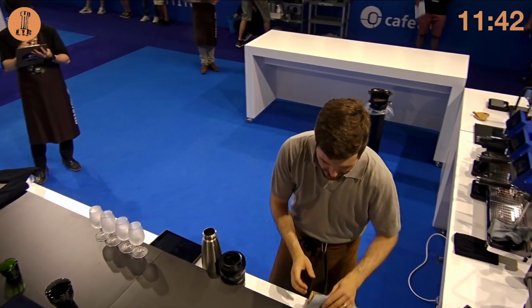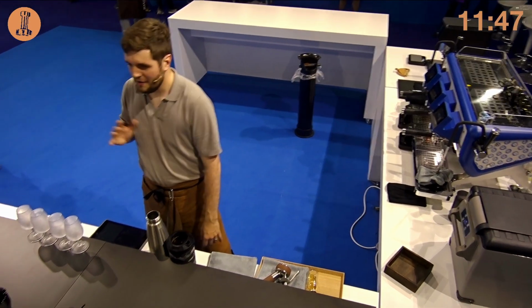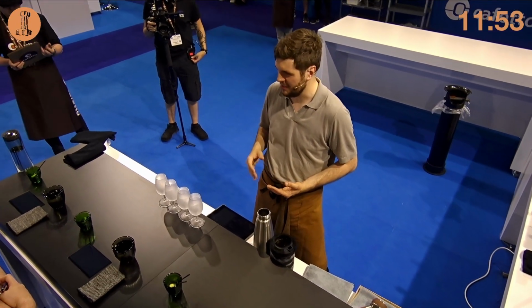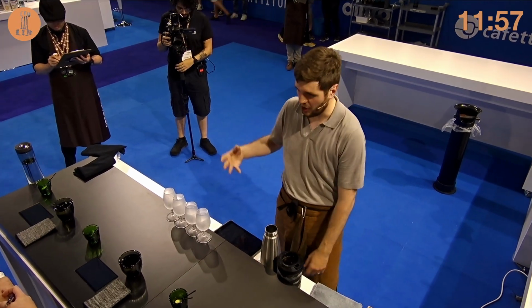So if we draw our notes to close, and then we'll move on to signature drink. So judges, for my signature drink, I wanted to use technology to help me be a little bit more creative. So I collaborated with an AI-powered chatbot, ChatGPT. I described to it my espresso, and we had a conversation about the kinds of balanced but coffee-forward signature drinks